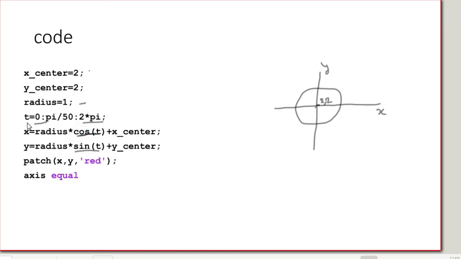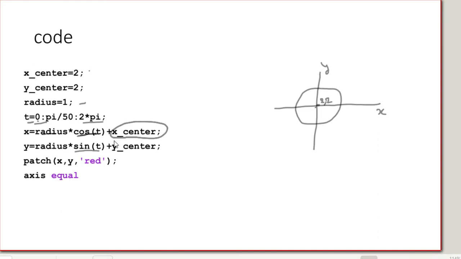You can see the value of t can be obtained from 0 to 2 pi with a difference of pi by 50, and the radius is 1, so I have used radius times cos t. This will give a value according to t, plus adding the center where we want to shift the circle. If there is no center given, then it will generate the circle at the origin.